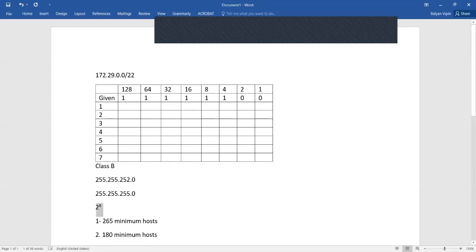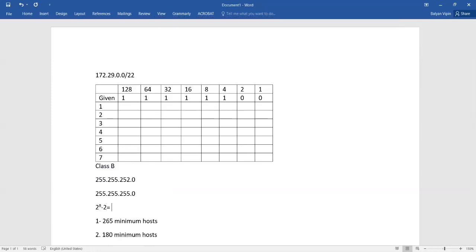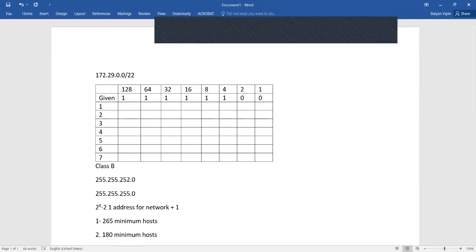So 2 raised to the power 8 hosts can be accommodated by this network if the subnet bits are 255 in the last octet. And you must subtract 2 from it, because one address is for the network and one is for the broadcast address.